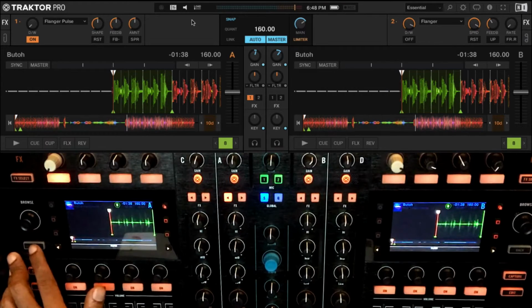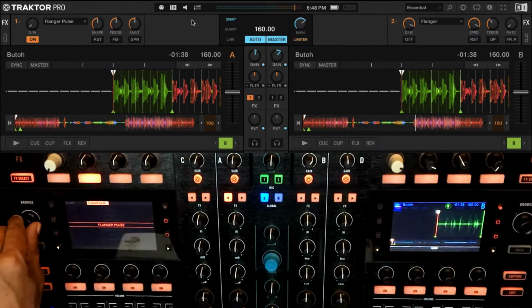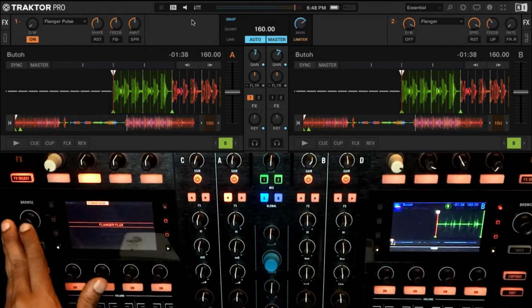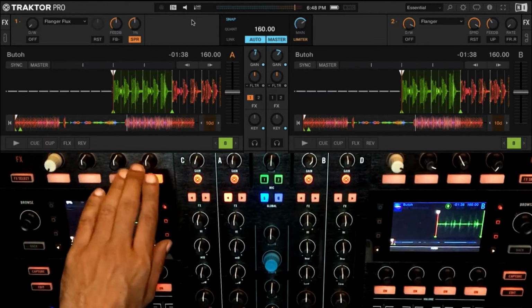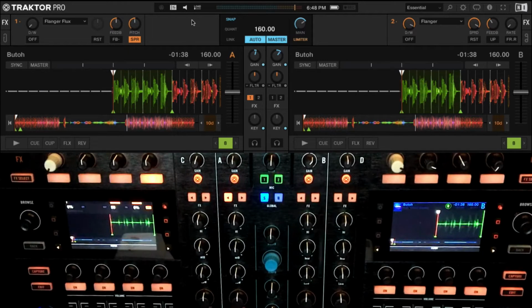Okay. So let's go back to the effect selection. Let's go now to flanger flux. Okay. Now in flanger flux, you have a separate pitch knob that's appeared here. First knob seems to be deactivated. There's nothing else to use on the first knob if you see. We have feedback and we have pitch. Okay. So here I can manually control whether the output because of the flanger, because of the short delay causing the flanger, whether it sort of goes up in pitch or goes down in pitch.